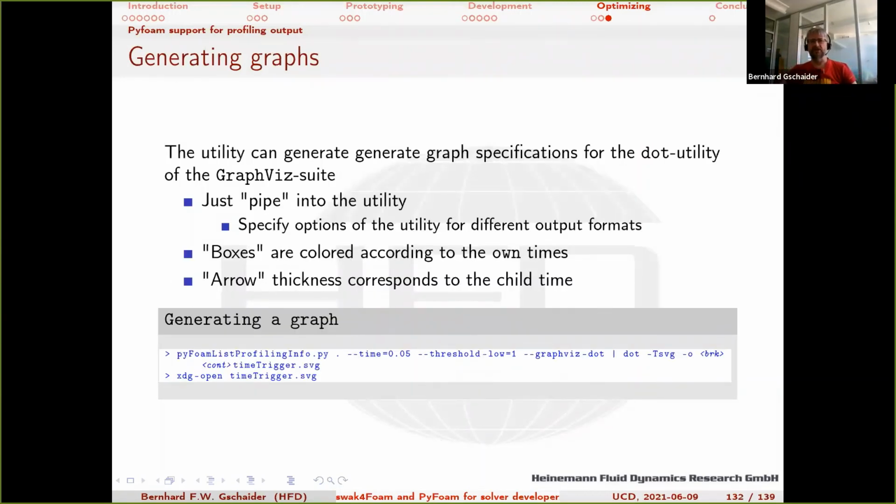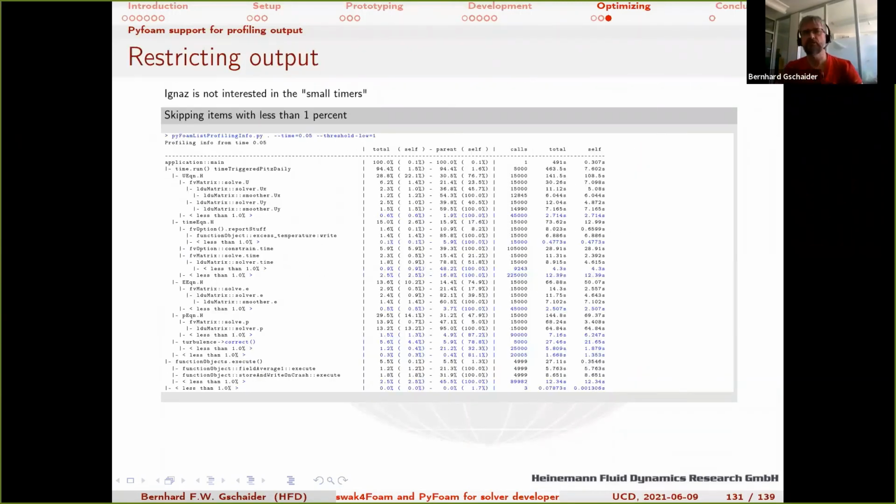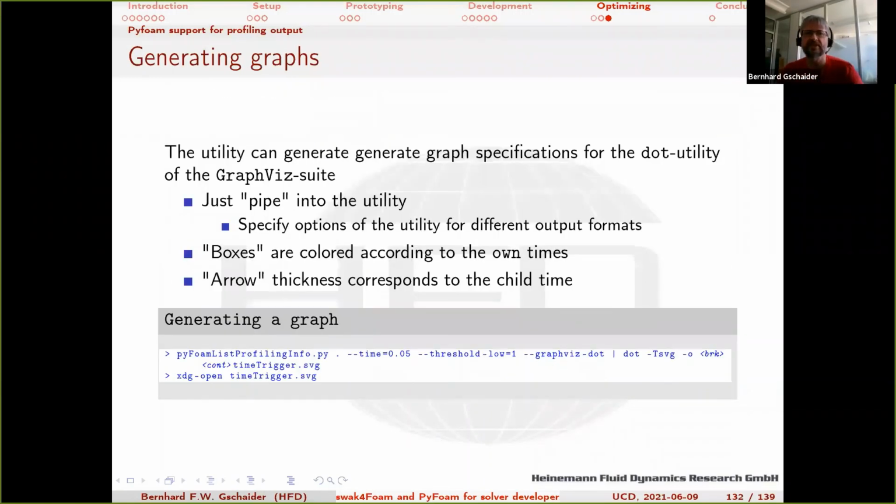That's not quite easy to read, and it's not easy to put on slides. So basically, in the latest PyFoam version, it can generate graphs for you. What it needs is the dot utility of the Graphviz suite. The Graphviz suite is used in half of the Unix utilities that generate graphs, so there's a good chance that it's already